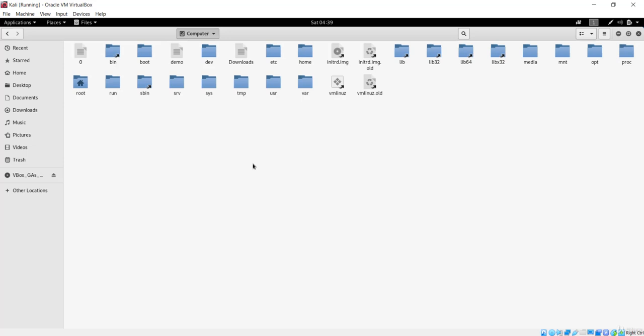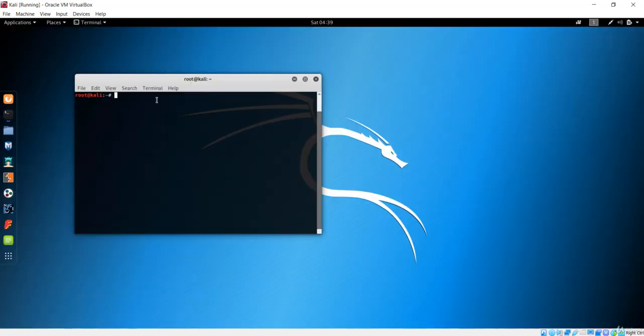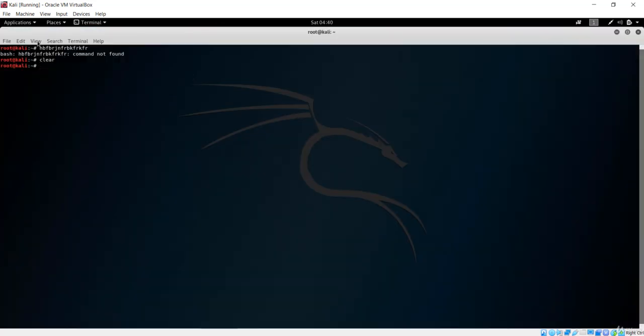So let me first open our terminal. So let's go back, and this is our terminal. Let me zoom in and let me just clear one more time. So first of all, we'll see the file and directory manipulation. If I say pwd, this is basically print working directory. If I just say pwd and hit enter, it is going to show us root. So basically we are in the root directory. If I change directory to Desktop, and if I say pwd again, it will change from root to Desktop. Now our directory is Desktop.